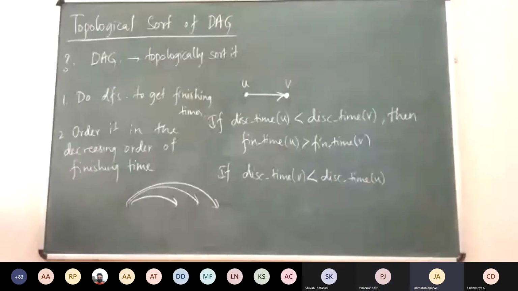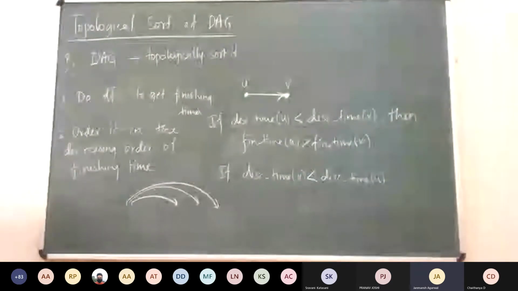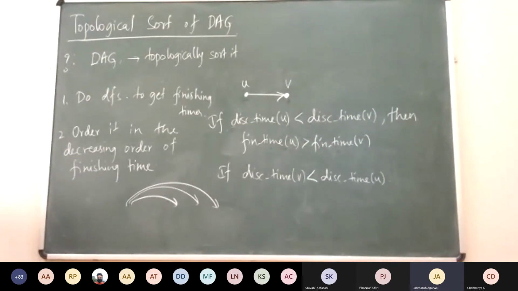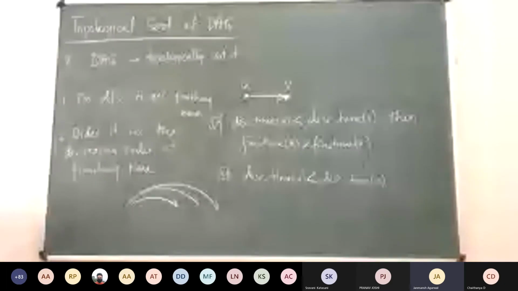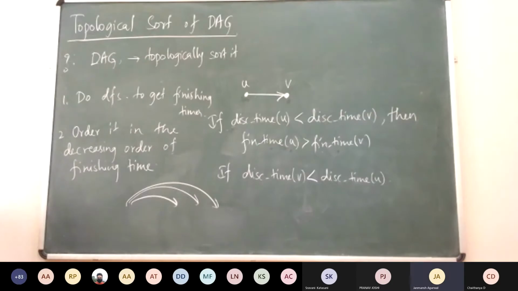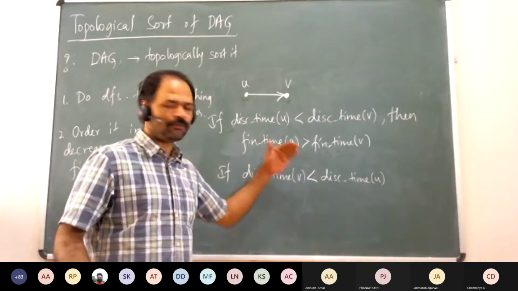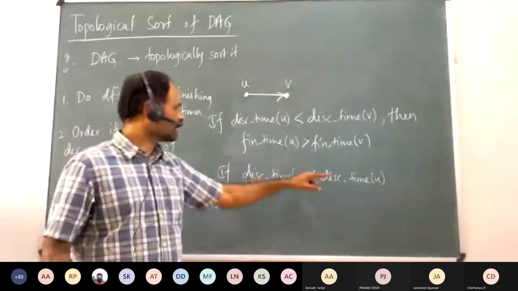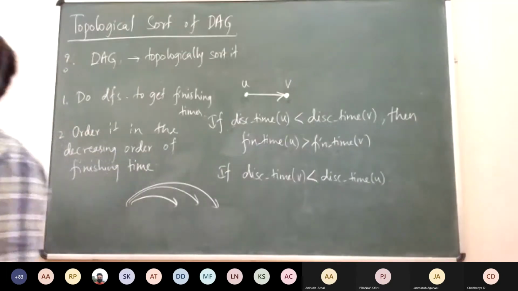Sir, it is not necessary that, suppose there is a vertex T before U and there is an edge between T and V, and we do DFS from T, then the discovery time of V will be less than the discovery time of U. Yeah, that is possible, right? But what about the finishing times? Suppose this is the case, can we say anything about the finishing time?